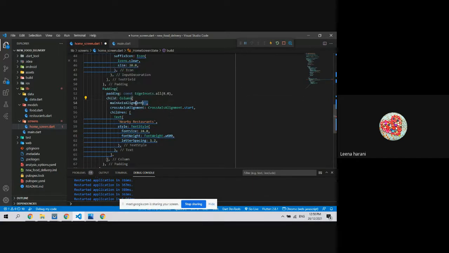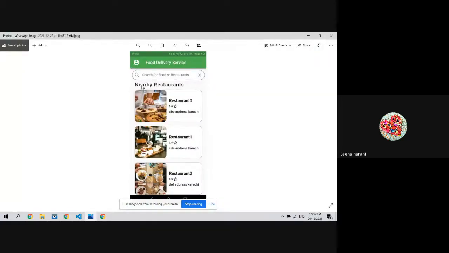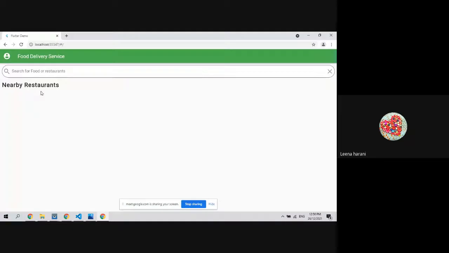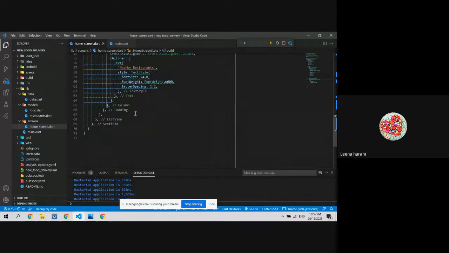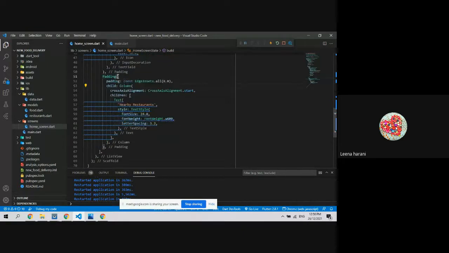So we have set cross-axis alignment to start because we want the content not in the middle, or on the right, but on the left of the page. Nearby restaurants is done. Now after this padding, inside this column, inside this children, we can have one more child, which will be our